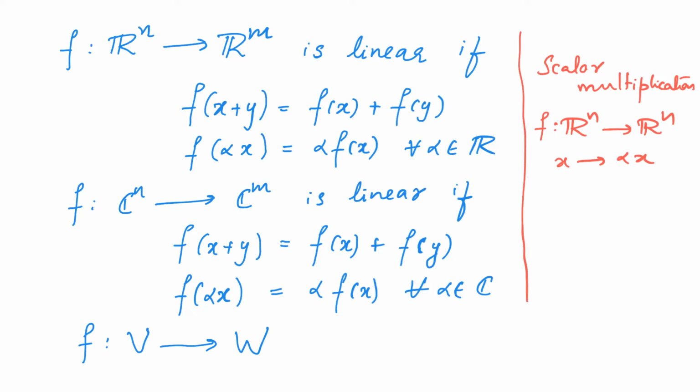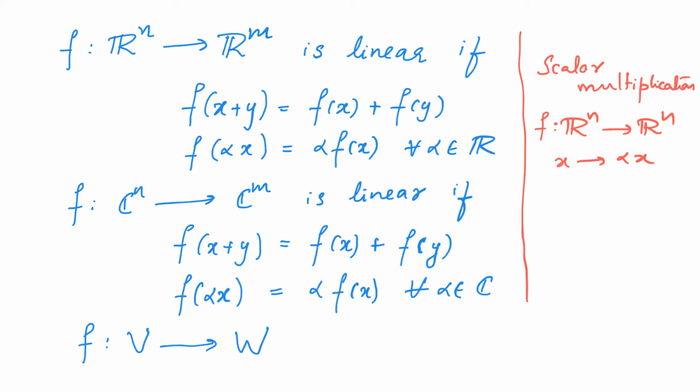And we notice that the scalar need not always come from R, it can also come from C. Whether the scalar came from R or from C depended on the domain and codomain of these functions. Therefore, when we are talking about the linearity of a function f from V to W, the set of scalars will depend on the sets V and W. However, what is important is that there should be some set of scalars with which we can scale elements of V and elements of W.